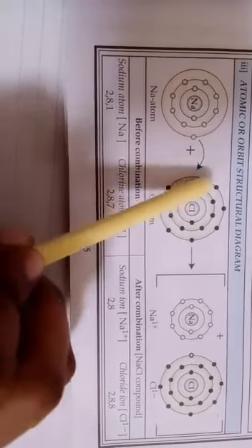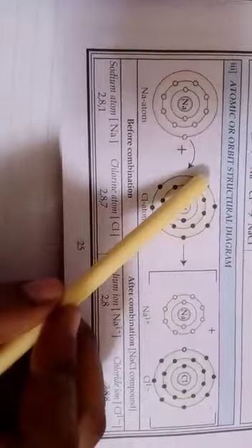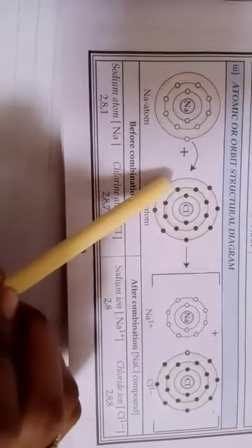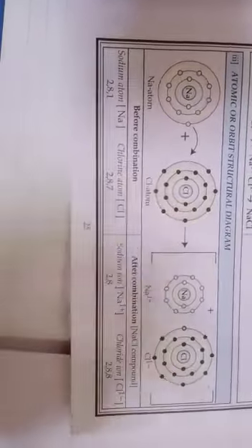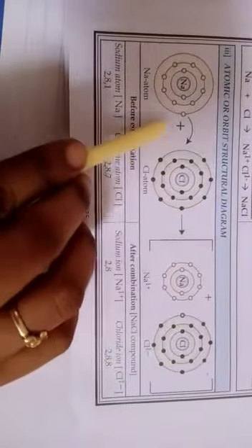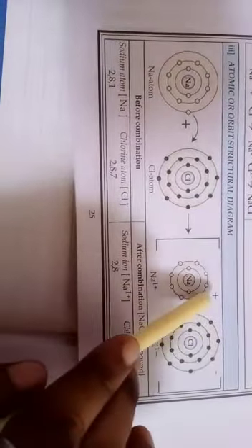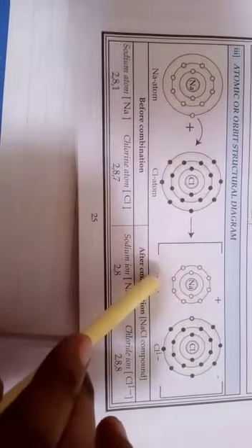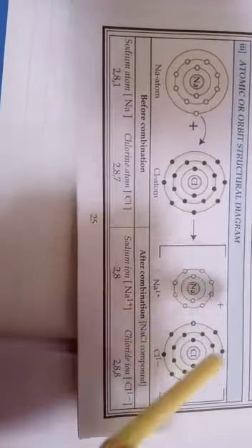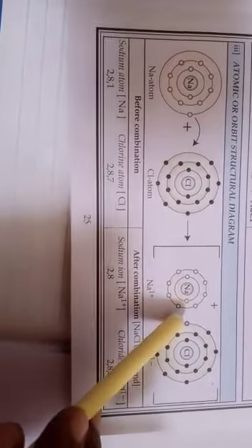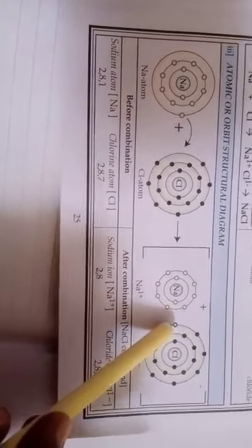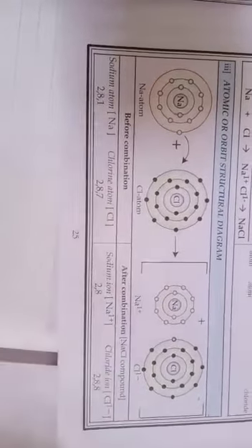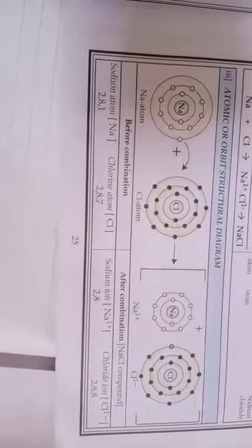Now this 1 electron will be given to chlorine. Chlorine in the outermost shell has a total of 7 electrons. You can see here as depicted in the diagram. After this donation, sodium will not have its M shell. It will have only the K and L shells. Whereas in chlorine, in the M shell, you have to show the electron of the sodium. So this is the orbital or structural diagram, which is the third type of diagram which may be asked in the exam.